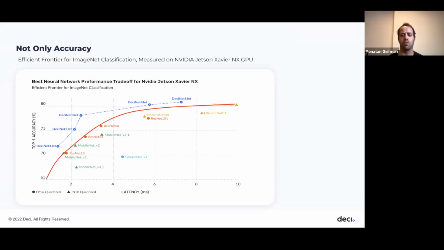And what we see is that when we put all of those models in what we call a frontier, where on the y-axis we see the top one accuracy, and on the x-axis we see the latency, there is some barrier in a trade-off between the accuracy and the latency. So when we want more accuracy and we go to the larger EfficientNets, for example, in this case, we get lower performance or higher latency. And this is a trade-off that we need to know how to navigate